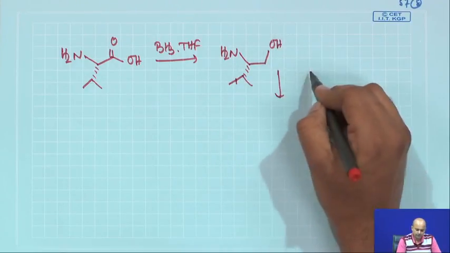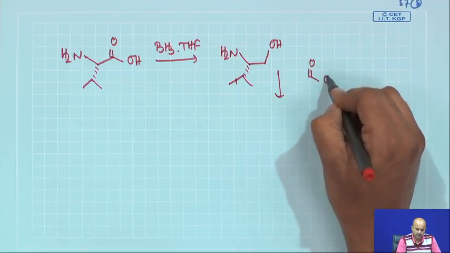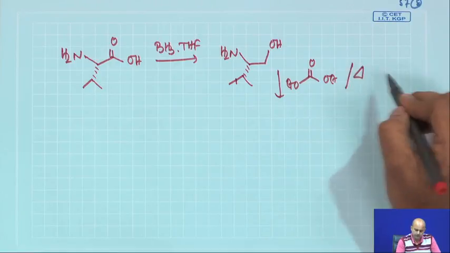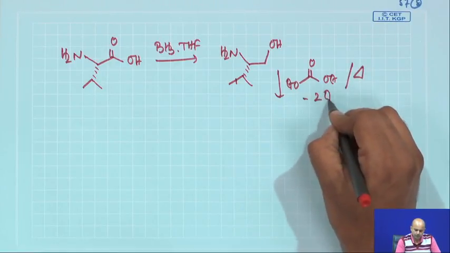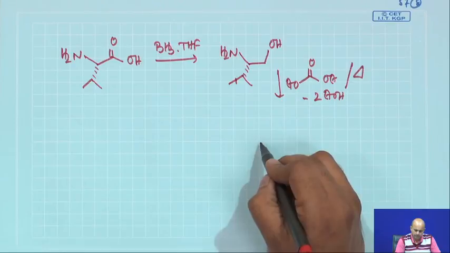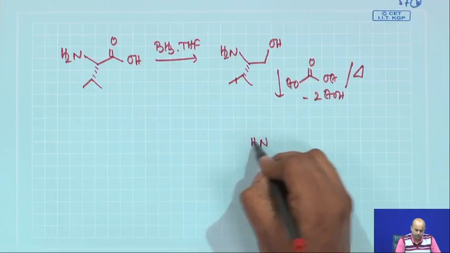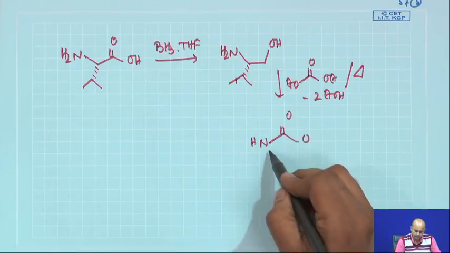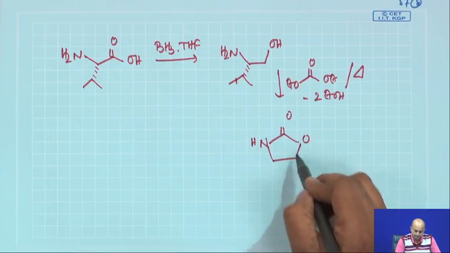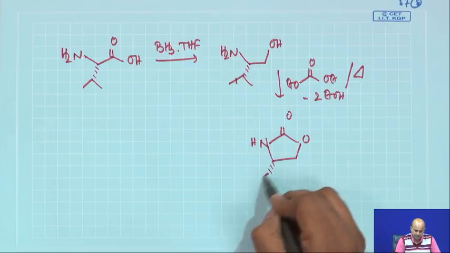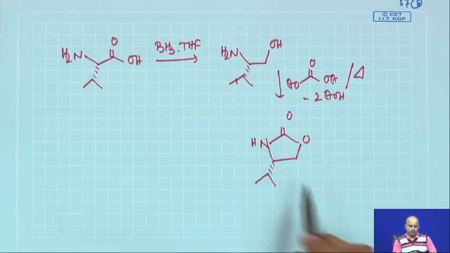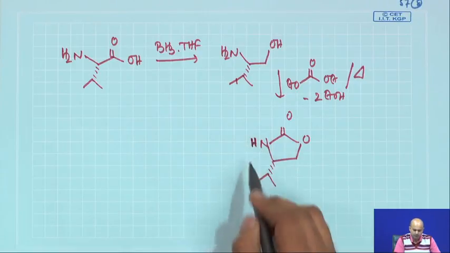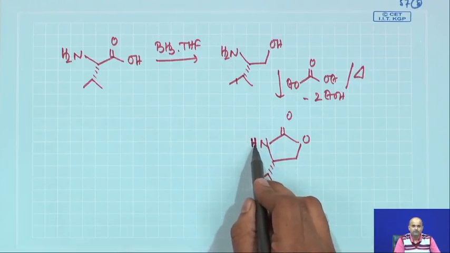As I said, react with diethyl carbonate, heat it, 2 equivalents of ethanol will be released, and you get this oxazolidinone. The oxazolidinone is a cyclic structure, and the covalent attachment will now be possible through this amide